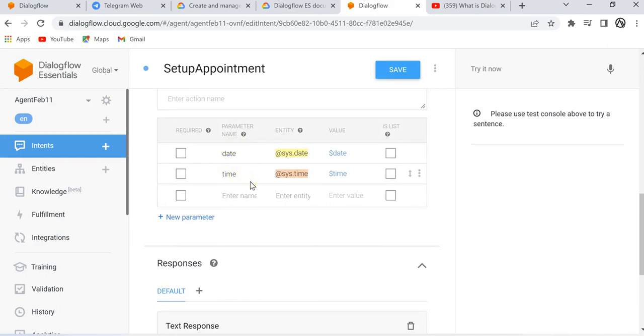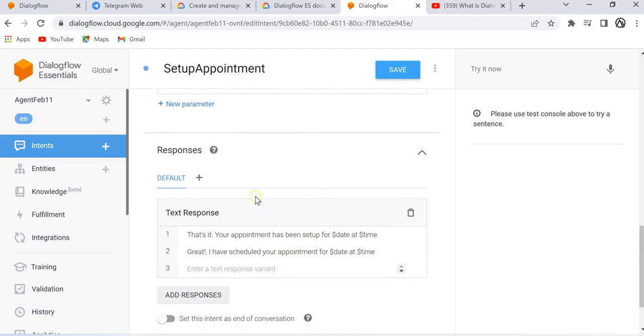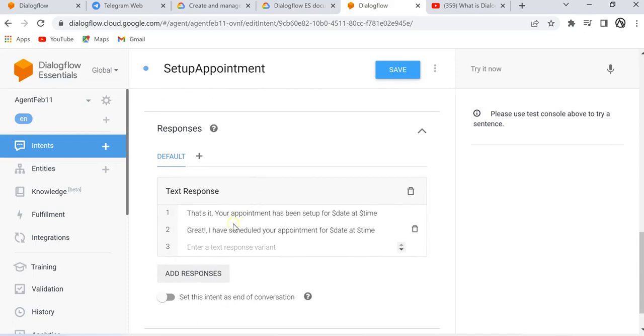I show you what I use it for later on. When I say date and time, the value is $date and $time. And when I'm introducing my text response, let's introduce a text response together. I say